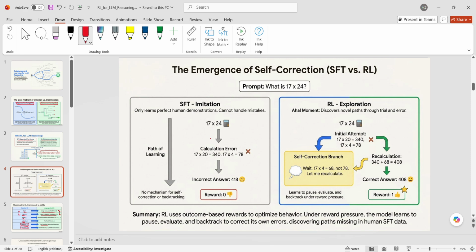Hi everyone, in this video lecture we are going to understand why we need reinforcement learning to instill reasoning in LLMs. So basically we know that in LLMs we can use supervised fine tuning to induce a certain behavior into the LLM. But can we use the same supervised fine tuning technique to instill reasoning in it as well or not? The answer is that we cannot use supervised fine tuning directly to instill reasoning behavior in